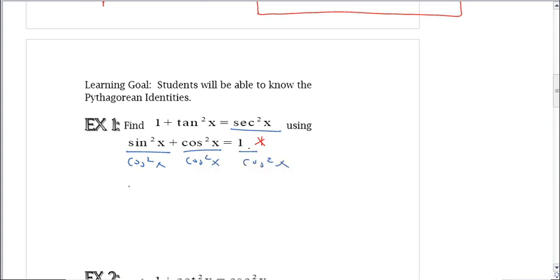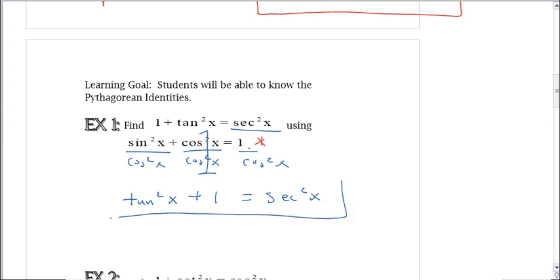Well, I basically get here tangent squared x. I get here the number 1 plus 1, and here I get equals secant squared x. You just came up with the second one. Cool. That's it. That's how easy it is to come up with them. So really, you only need to know sine squared x plus cosine squared x equals 1 to get all three,